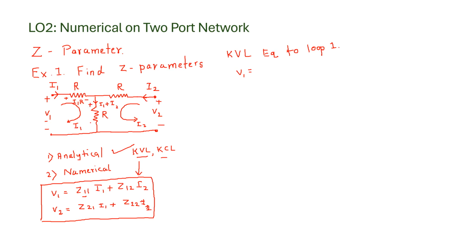Similarly, the voltage drop over here is I1 plus I2 into R. So these two voltages, I1R plus I1 plus I2 into R, will be equal to V1. So we can write in KVL like this: I1R plus I1 plus I2 into R. So rearranging, we can have the equation as